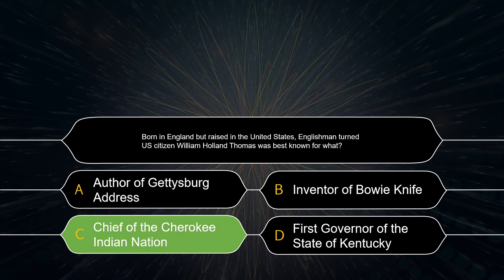Now, the things that were going on at this time, Indian Removal Act and things like that, nobody could own land but a white person. Well, William Holland Thomas was white. And being chief of the Cherokee, he could then purchase land because he was white. And he took all the money that he had saved, and all the Cherokee Indians who had gotten their money from the purchase pooled together all the money they could, every cent they could, and bought all the land they could. And that became the Qualla Indian Reservation, where they lived from then even to this day.